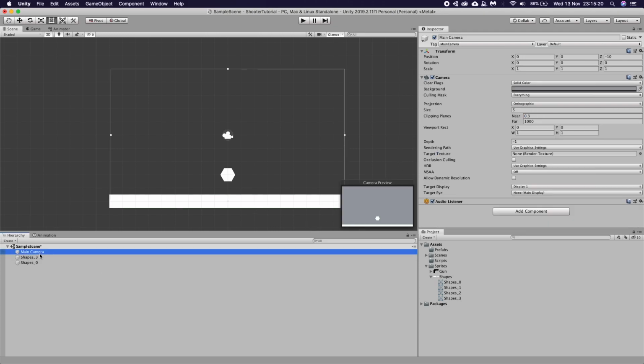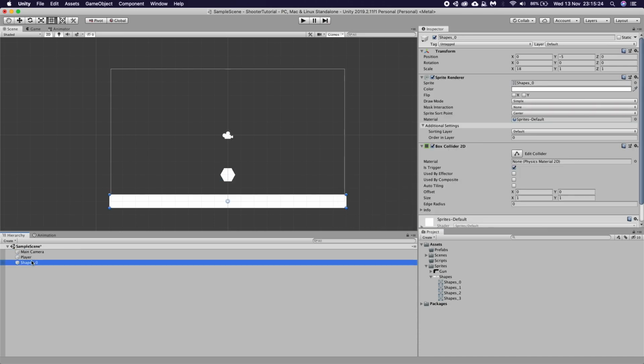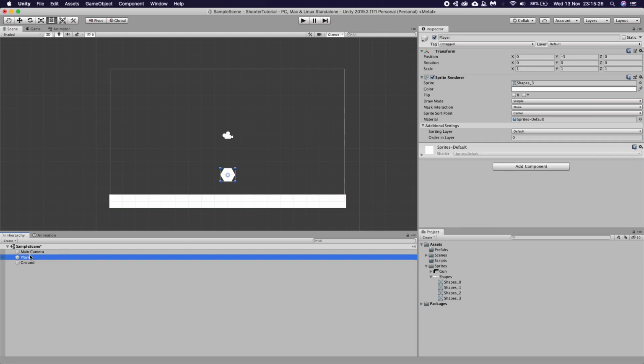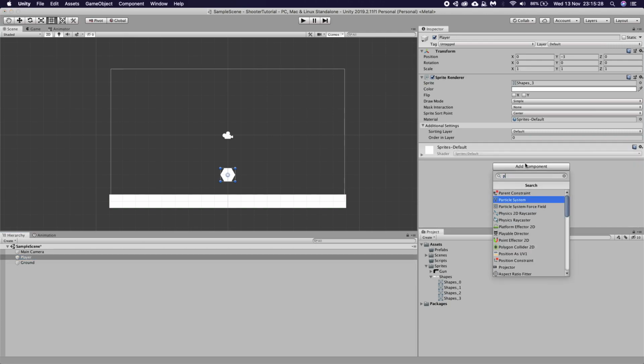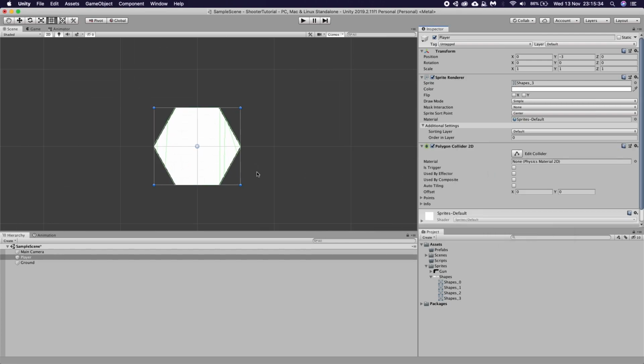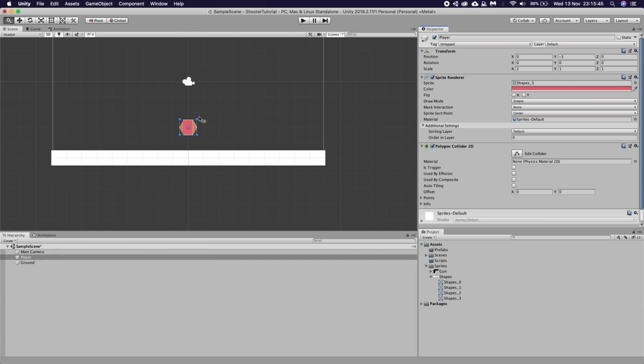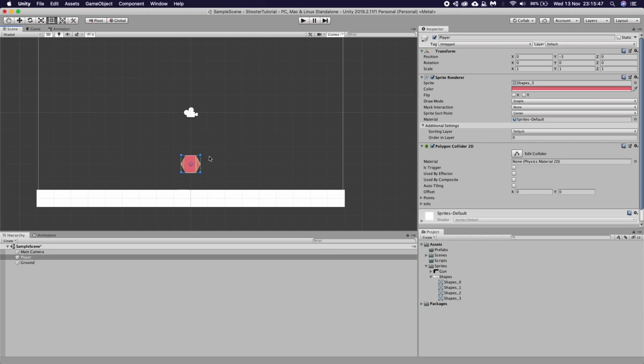Now, if we go over to our shape 3, I'm going to rename this to player, and I'm going to rename the other one to ground. On player, we're going to also add in, I'm just going to say a polygon collider, because that'll just map the shape. As you can see, it's mapped around, so that's good enough. And let's also give our character a slight colour. So before I didn't do that, let's give him like a pinky colour. That's great, that's perfect. I don't know if I like it, but we'll stick with it.